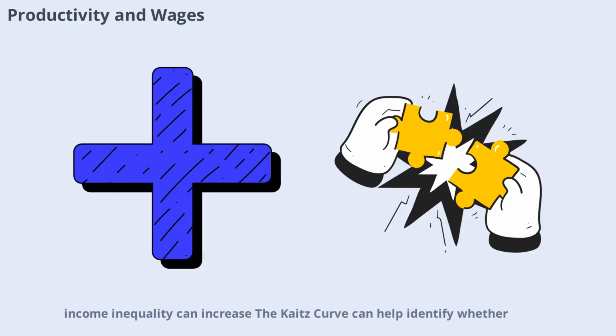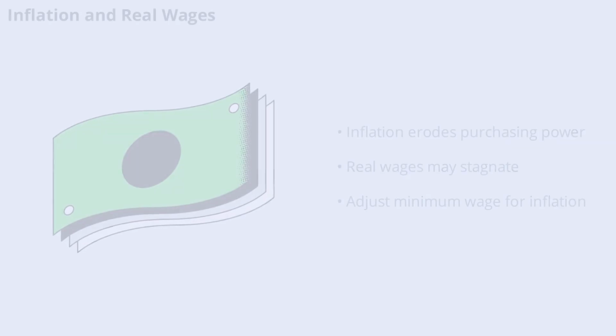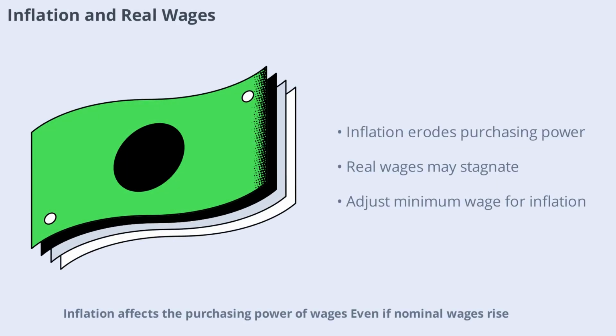The Kaitz curve can help identify whether wage growth is keeping pace with productivity improvements. Inflation affects the purchasing power of wages. Even if nominal wages rise, real wages may stagnate or decline if prices increase faster. Policymakers must consider inflation when setting minimum wages and analyzing the Kaitz ratio to ensure that workers' living standards are